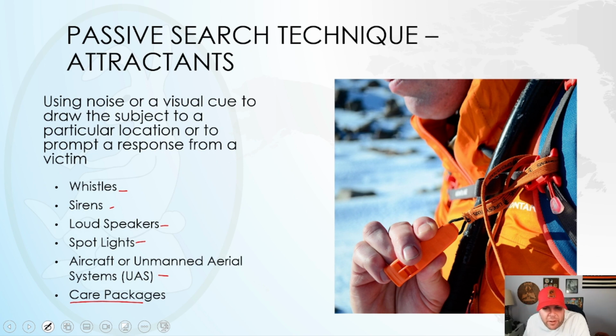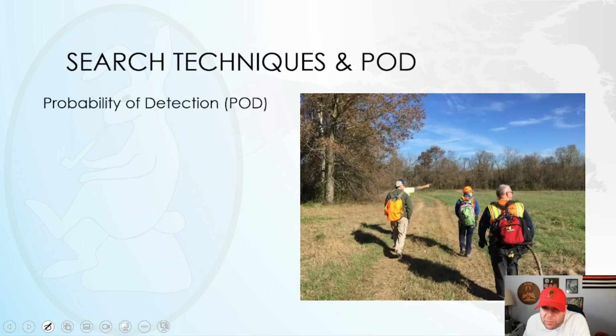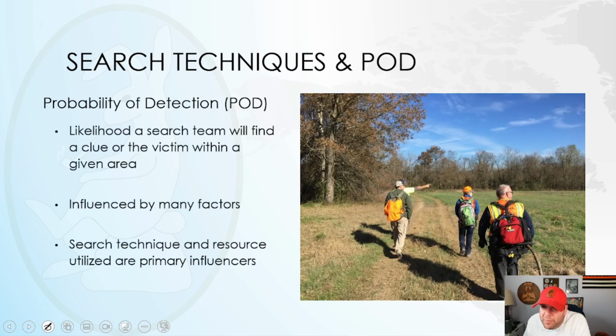I've seen that as well, and that's a pretty cool technique to attract somebody in there. But whenever we start talking attractants, that's where we're trying to draw them into a certain spot. An active technique is really probably what we most commonly think of in search operations. This is what, whenever we go out and do a lot of training, we're usually training in: clue detection and